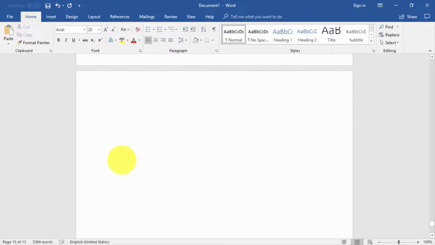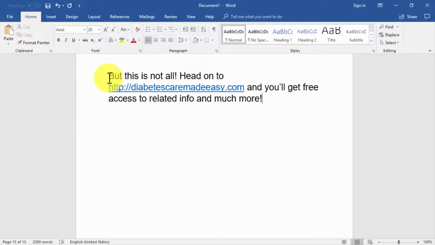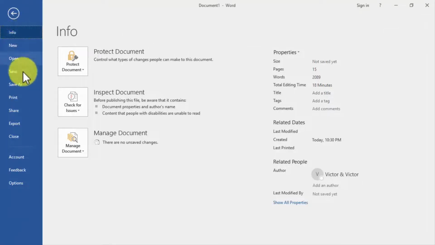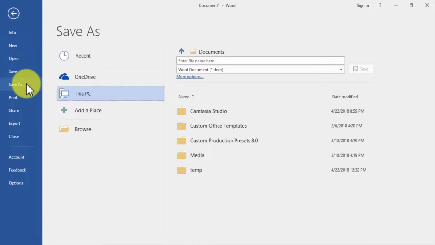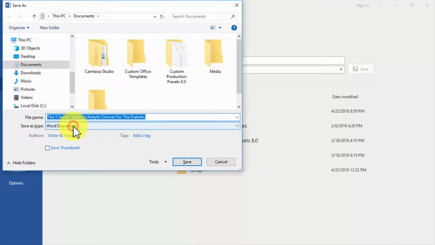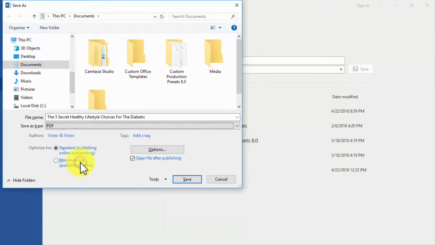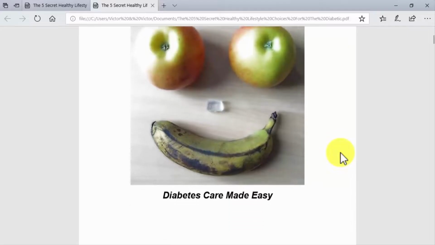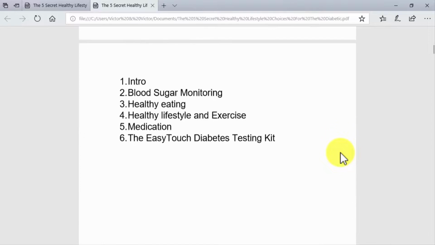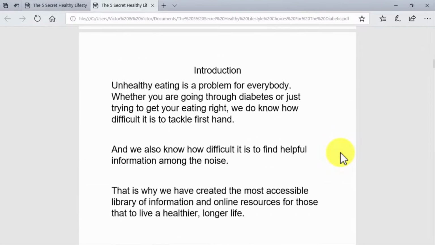Finally, on the last page, we're going to insert an invitation to keep reading on our site, with a link to redirect the subscriber there. Lastly, we're going to click on the File tab, and then on the Save As option. Now we will browse a location where to save our finished lead magnet on our computer, and then we will click on the Save As Type drop-down menu to select the PDF option, and then we will click on Save. Awesome! Our new lead magnet has been saved and exported as a PDF, and we are ready to start distributing